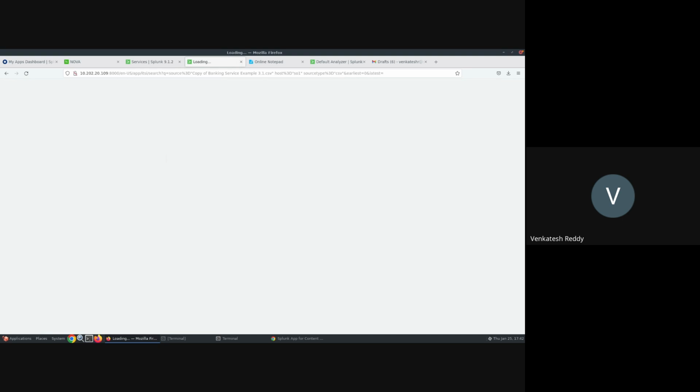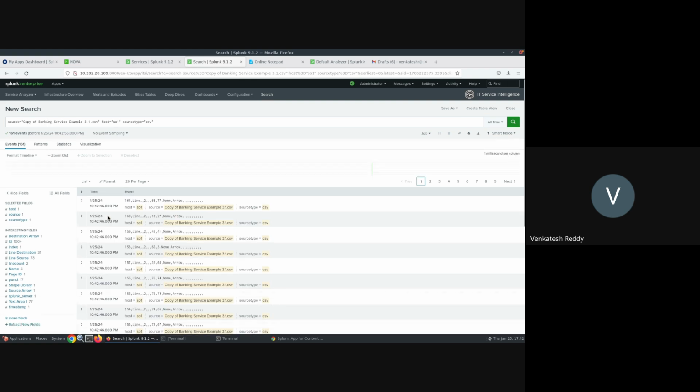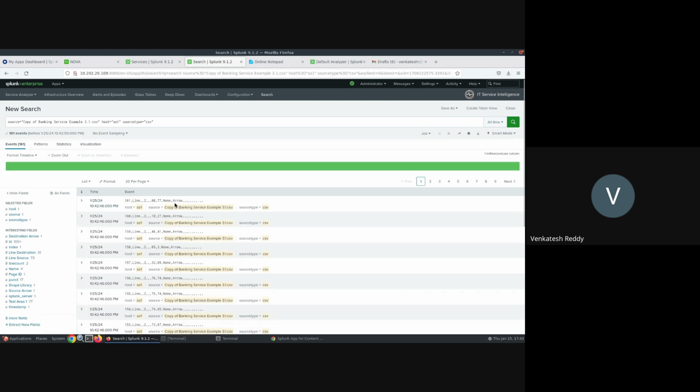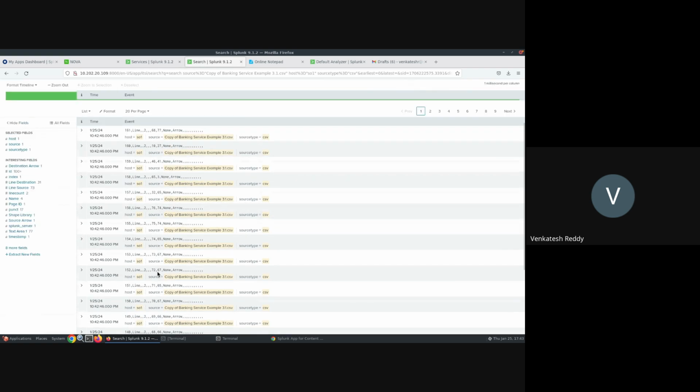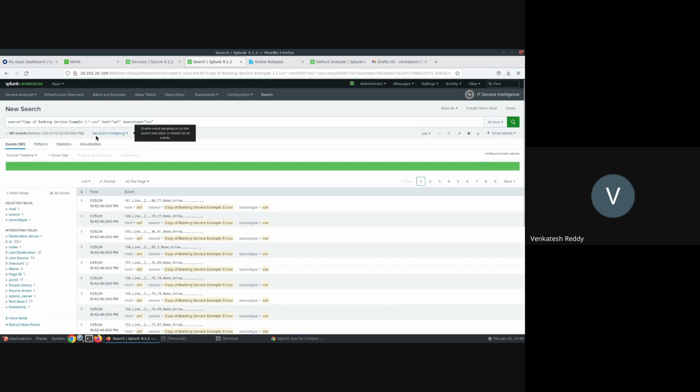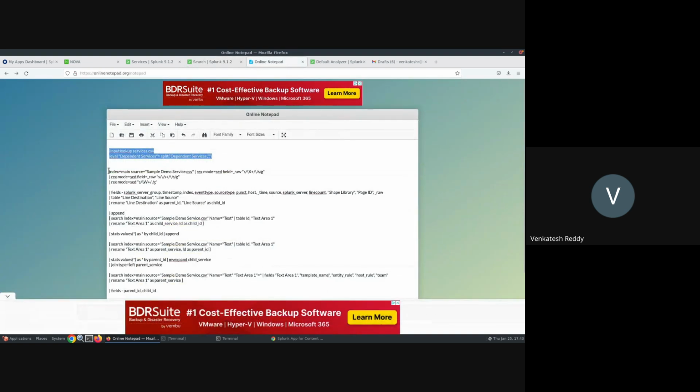But this data is not in a proper format. See, here we have all these lines. This is not a readable format, right? So we need to massage this data. For that, I'll write a query. This is my query.